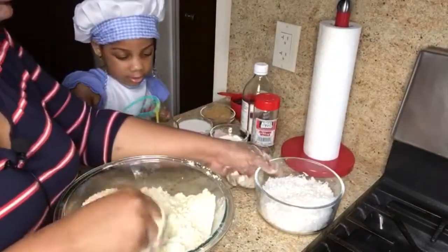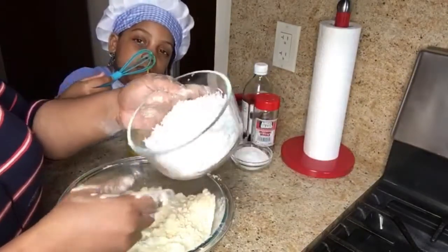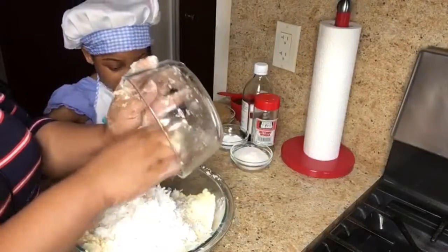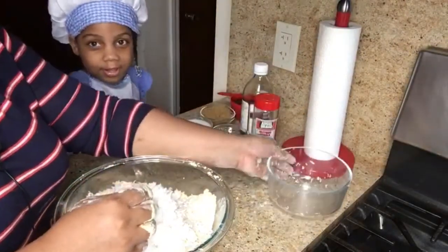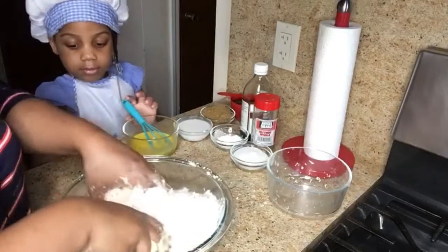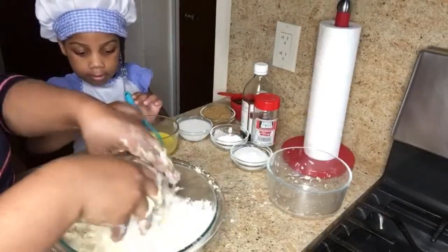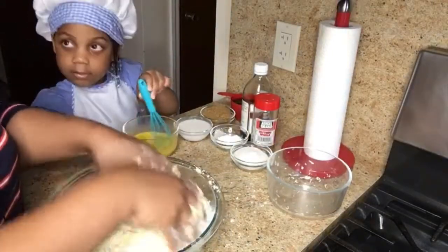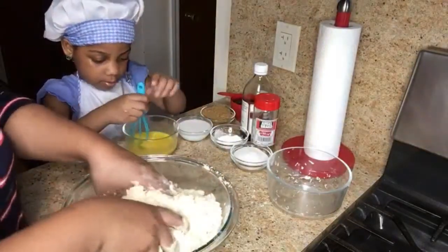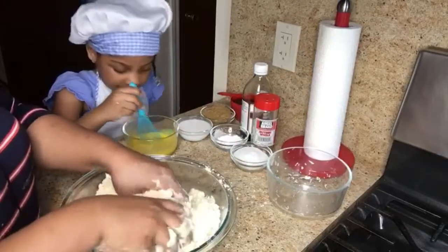So now I'm gonna add the coconut flakes. You want clean hands for this because you mostly will be using your hands, but you don't have to use your hand, but I prefer to use my hand because people were using their hands before this technology. These things, equipment, were